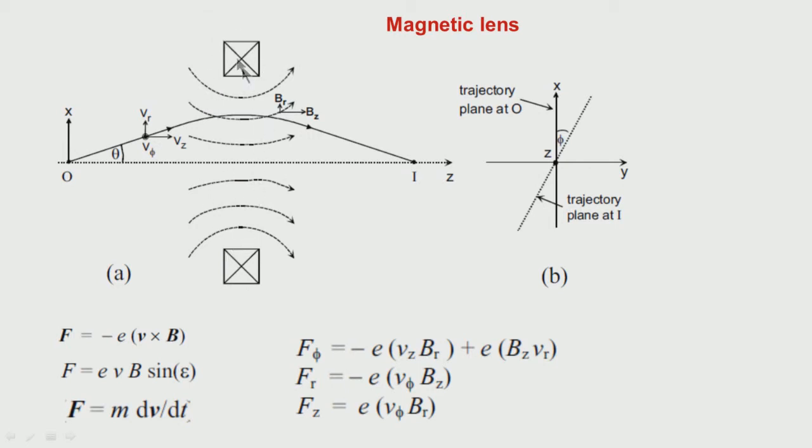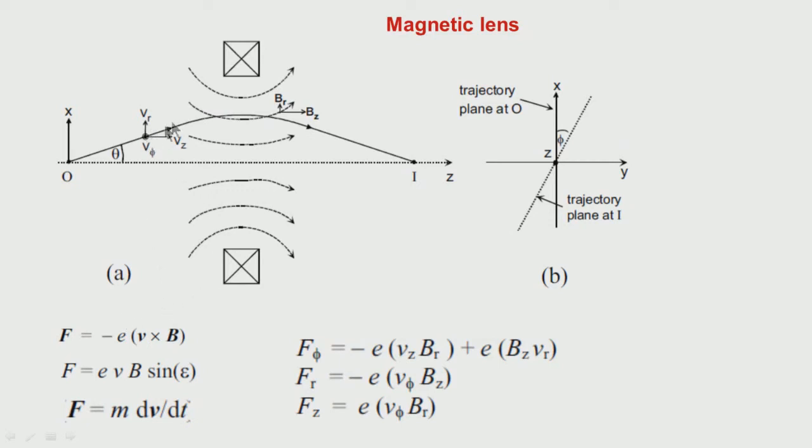a solenoid, with coils wound around it. Then there is a north and a south pole, and this is how the flux lines are going to be. An electron beam which is parallel to the optic axis, passing along the optic axis, will go undeflected, but the electron beam which is slightly away from the optic axis will come under the action of the magnetic lines, and it will feel some different forces.